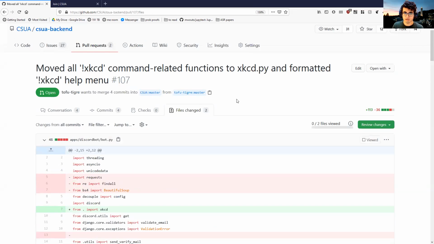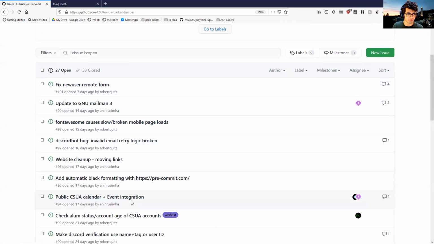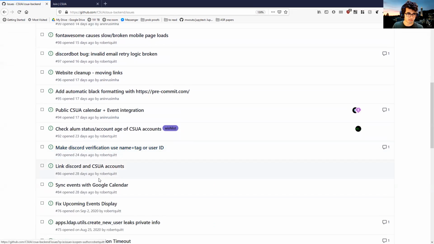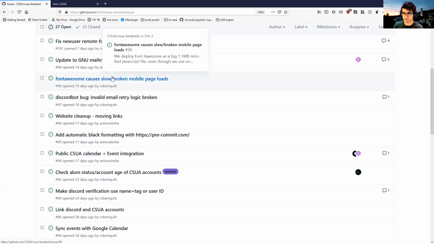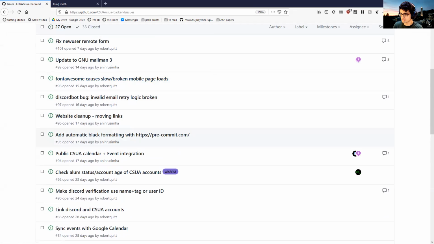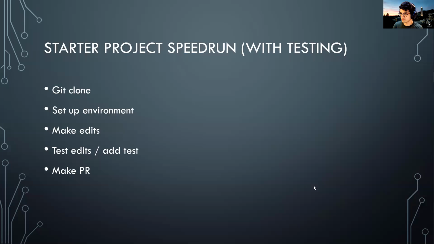Once that's done, we'll go to the GitHub issues and assign you to an issue. There are some issues that you can address, and we'll talk about which one of those you can address. But hopefully this gives you an idea about how to start tackling this. And then when you actually make a PR,